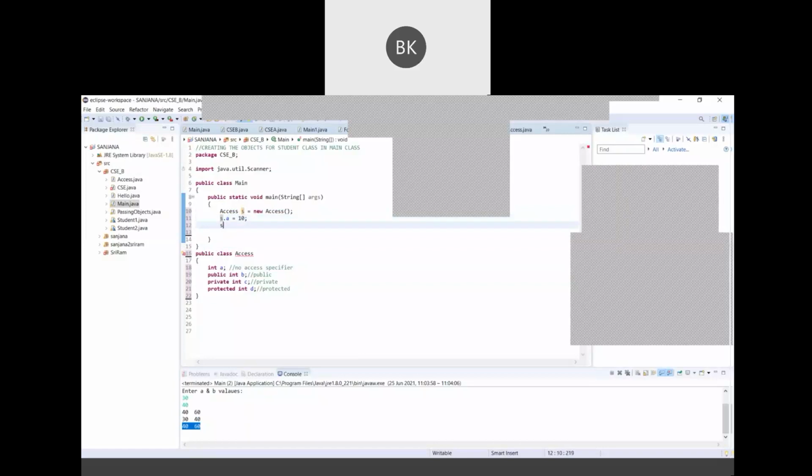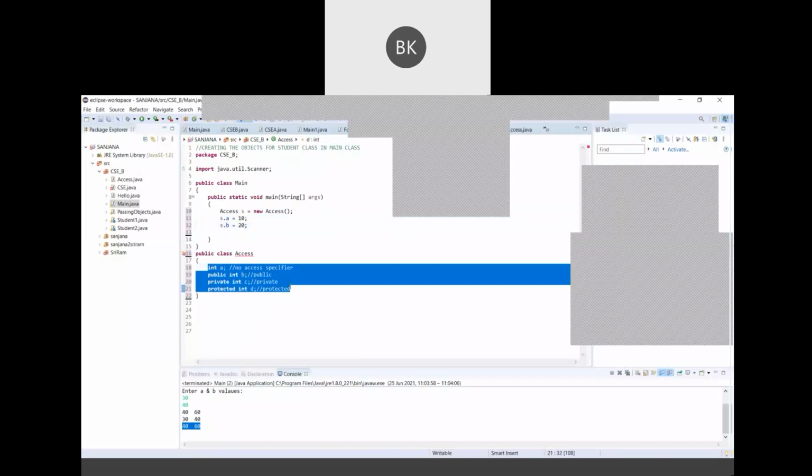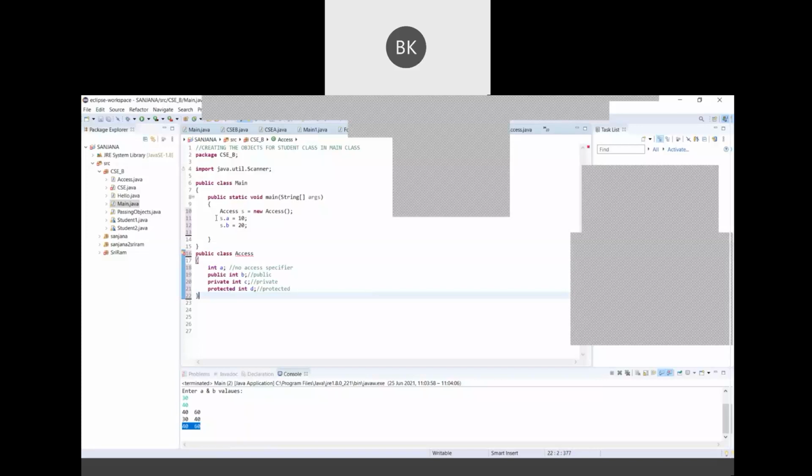Next one, s.b is equal to 20. That is also Access. These are all in one class. That means from this class I can access the no access specifier variable and also the public variable. It's not a problem. Between the classes you have to access no access specifier and also public. Actually here a and b belong to the Access class, but where I can